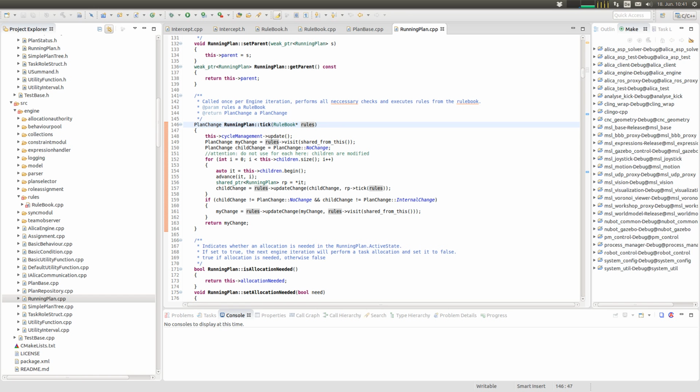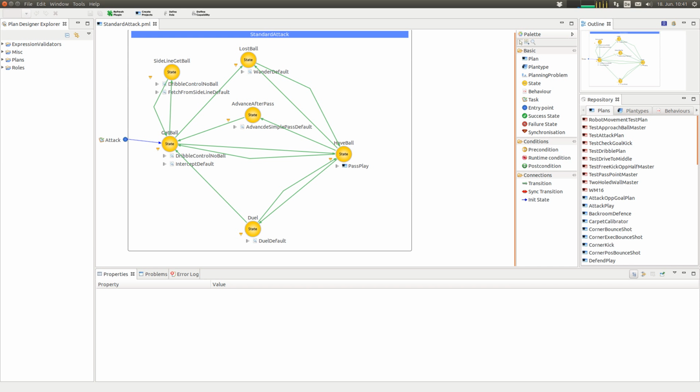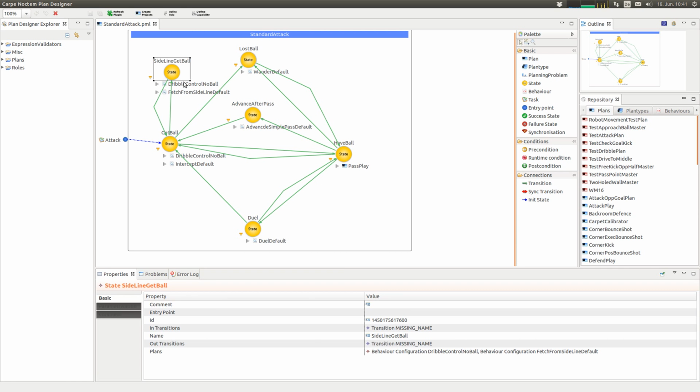Hi, this video should be about states and transitions. I was asked to do one video about this. Okay, states. States are, in the Plan Designer, these yellow dots,